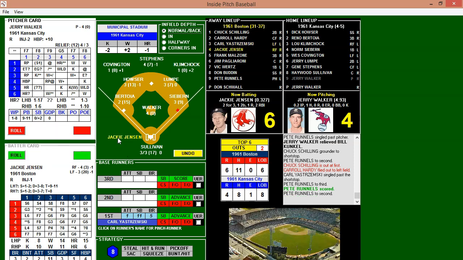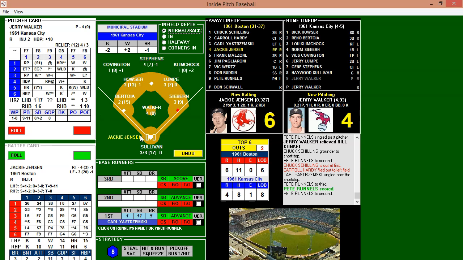So Yastrzemski having a good day today. Looks like we won't send him back down, Clinton. As Clinton Parks there has been calling for the Red Sox to send down the rookie, saying he's a bum and he has no place on the Red Sox right now, and definitely not a replacement for Ted Williams, the splendid splinter, who retired last season. So a lot of pressure on the rookie Yastrzemski, but he's delivered today. All right, 6-4 now for the Red Sox.